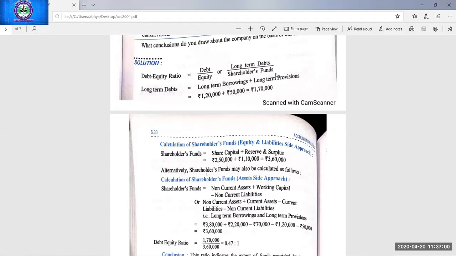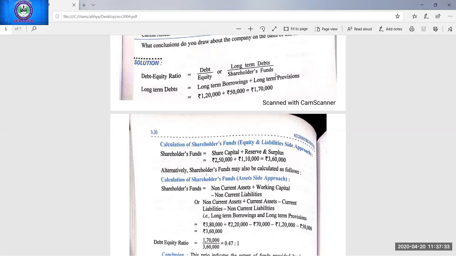Suppose the company is going in liquidation or winding up. In that case, if the whole of the assets will be sold off, then the company would not be able to pay off the liabilities, because 4 times non-current liabilities are there. So if the ratio is higher, then from the lender's point of view it is not safe, and the lower ratio is more safe from the lender's point of view, and the lenders will be ready to grant loans to that business.